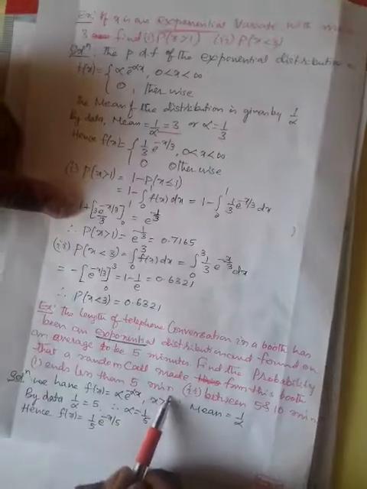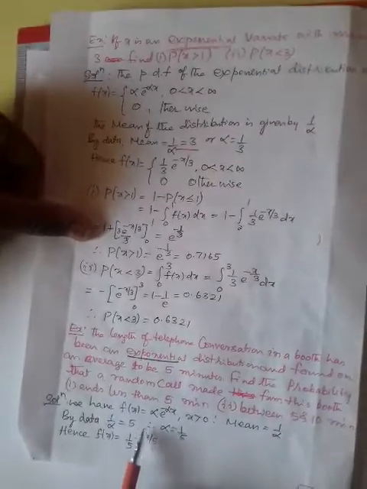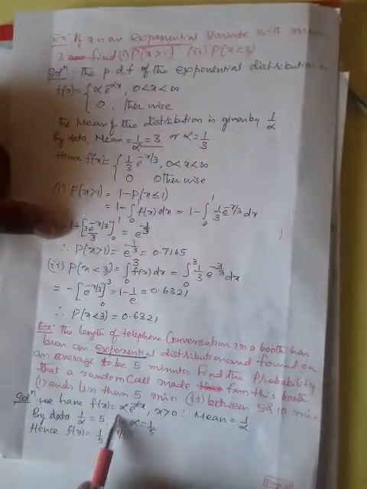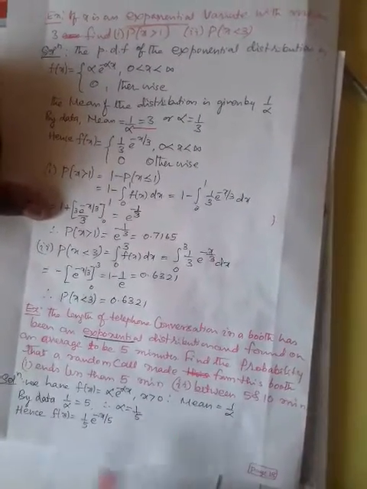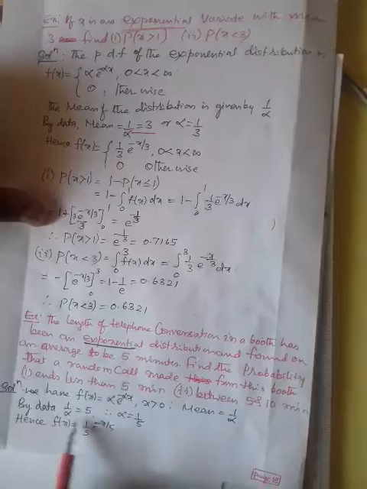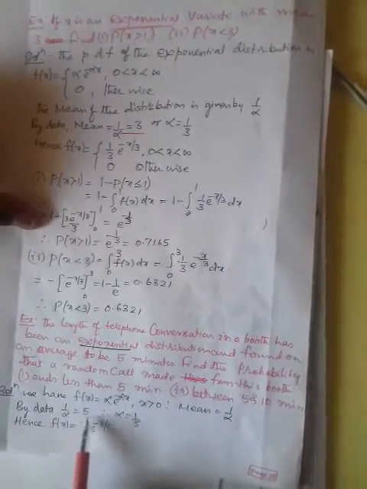Find the probability that a random call made from this booth ends in less than 5 minutes, and between 5 to 10 minutes. As we did in the previous example, f of x will be alpha into e to the power minus alpha x, mean equal to 1 upon alpha, and the average, I mean the mean, is given: 1 upon alpha equal to 5, that is alpha equal to 1 upon 5. Therefore, putting in the given example,